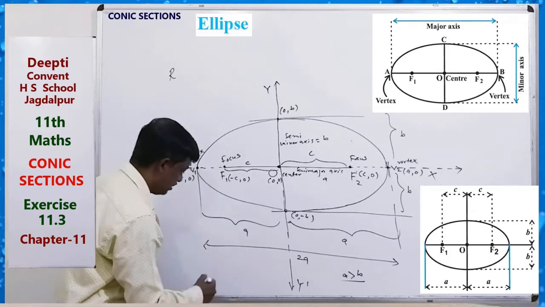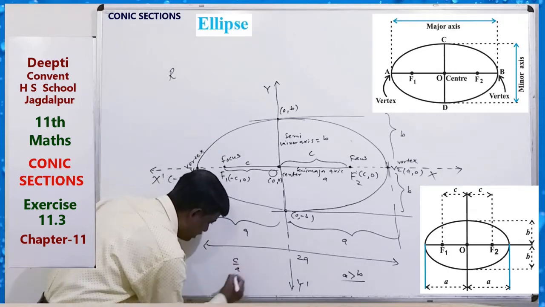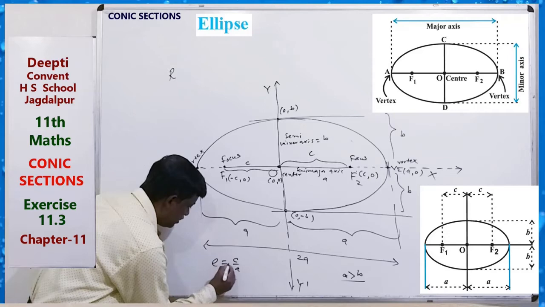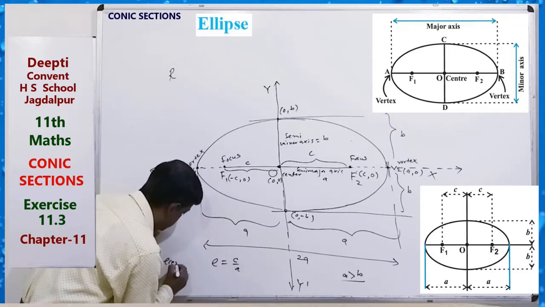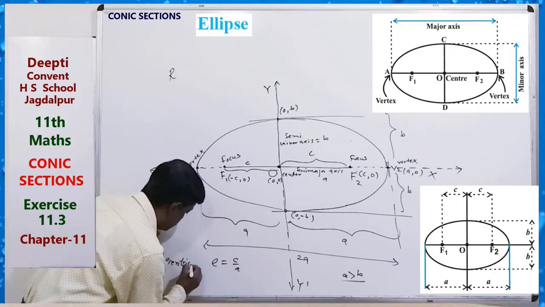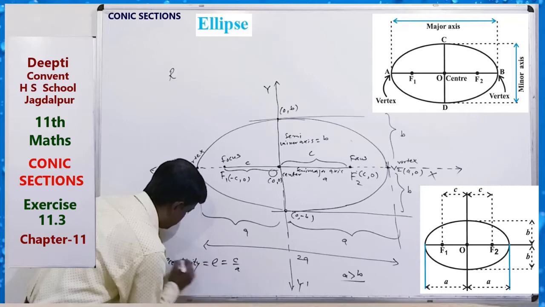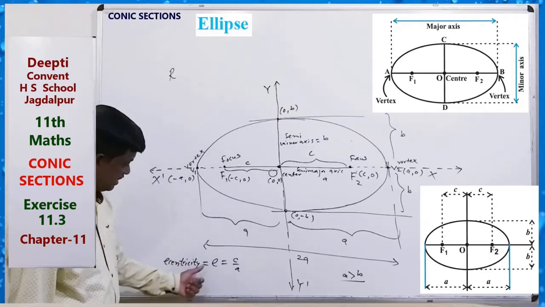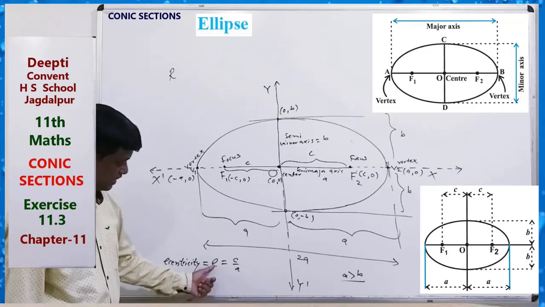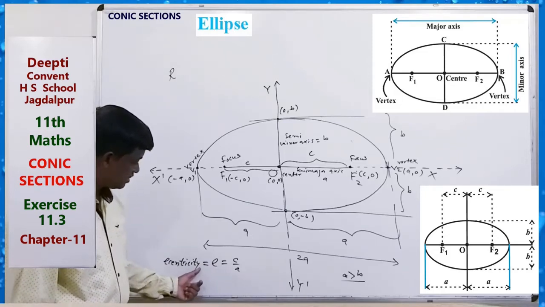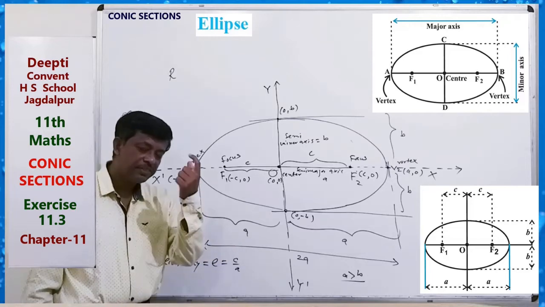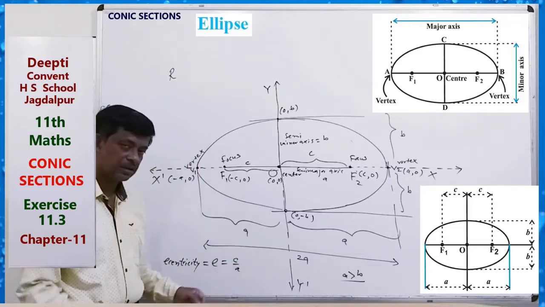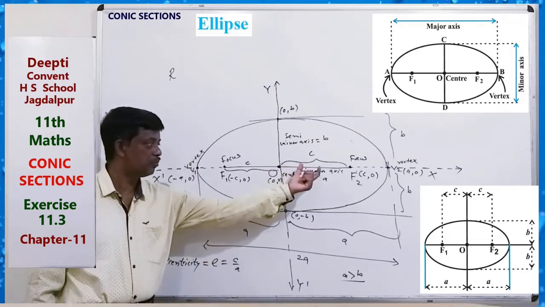That is C by A. That is C by A is the eccentricity. Just remember, we denote it by E. The eccentricity of the ellipse is the ratio of the distance of one of the foci from the center